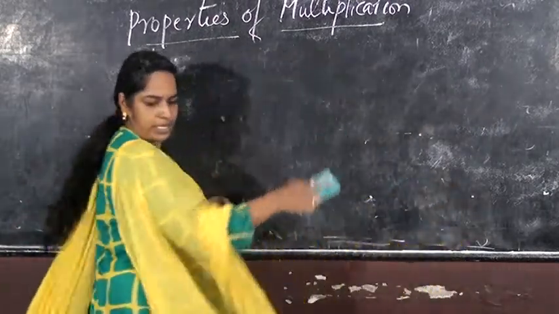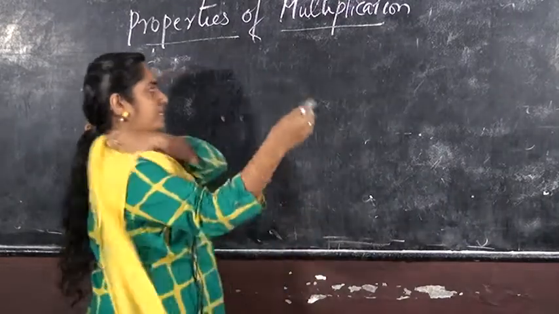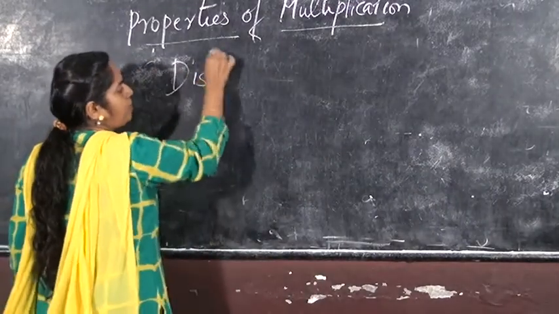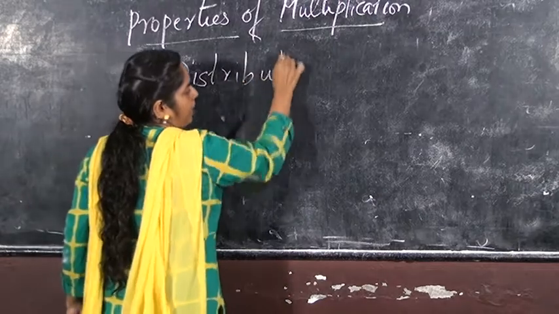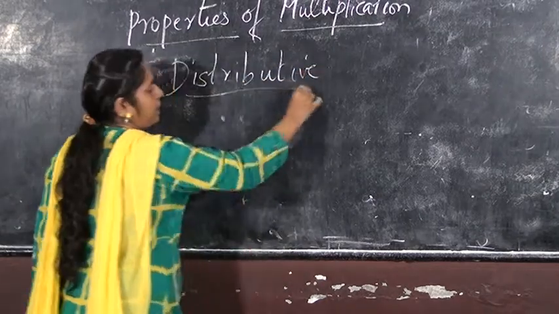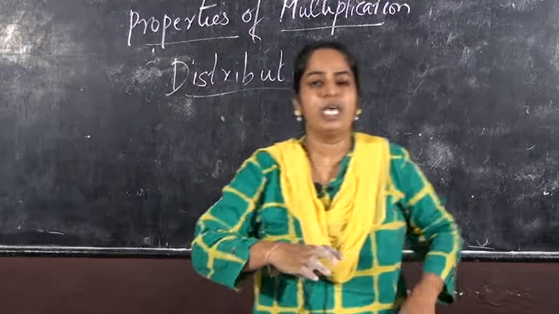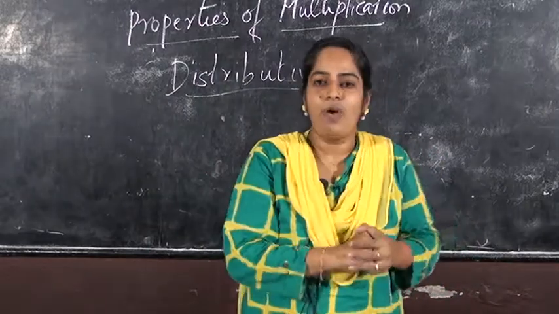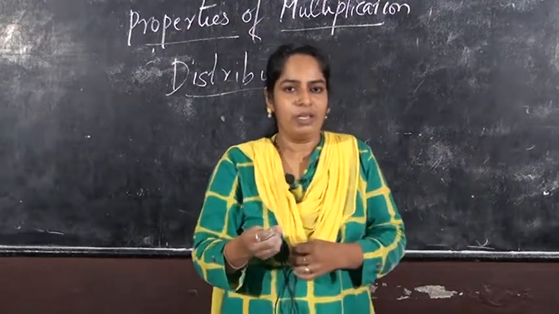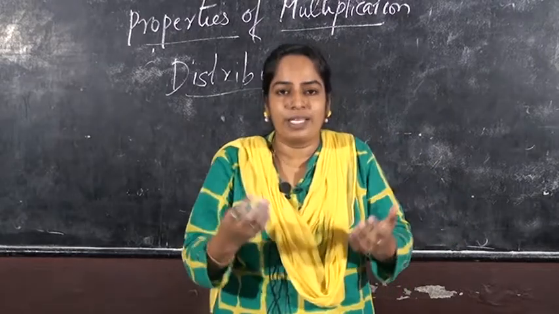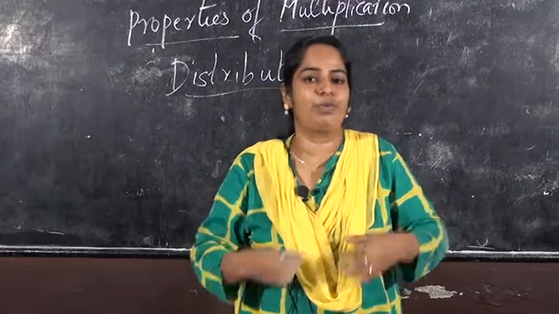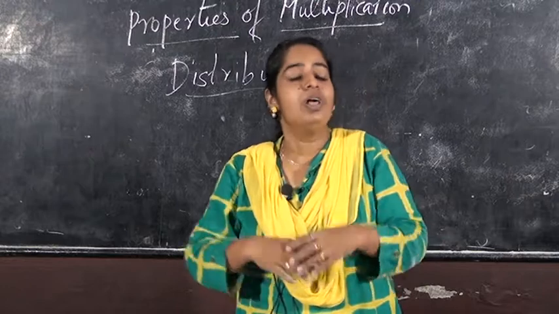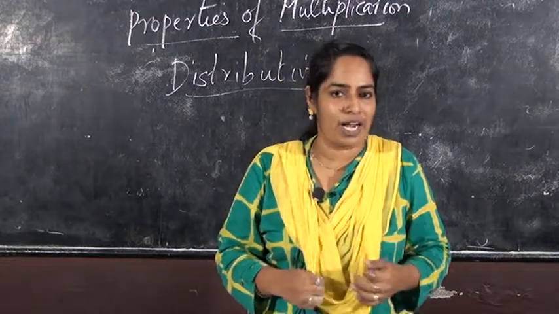This you didn't hear, isn't it? Children, you have heard. Yes, in 6th standard you have heard this distributive property. Distributive property means you can understand from that name itself. What is distribution? We will be distributing, isn't it? We will be distributing sweets, pens and all for birthday parties. We will be distributing so many items in your class, isn't it?